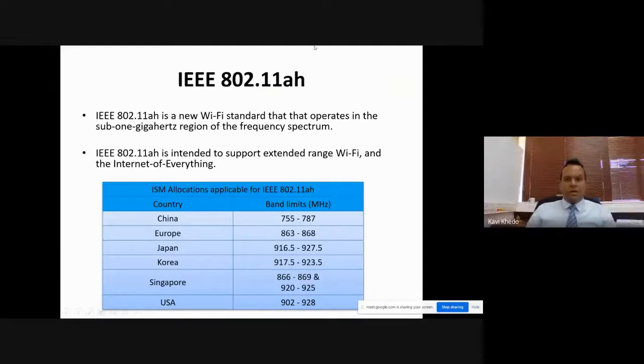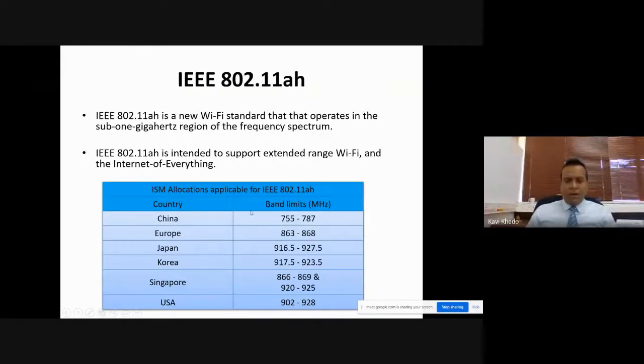technology. You see here the IEEE 802.11ah is a new Wi-Fi standard that operates in the sub 1 gigahertz region. Now you understand what is this sub 1 gigahertz region. It is less than 1 gigahertz. Wi-Fi normally uses 2.4 gigahertz. Here we are talking about a new version of Wi-Fi that is using 900 megahertz, which is less than 1 giga. And you can see here, different countries use different